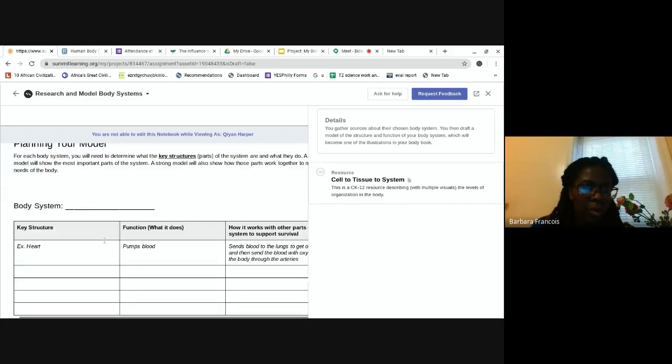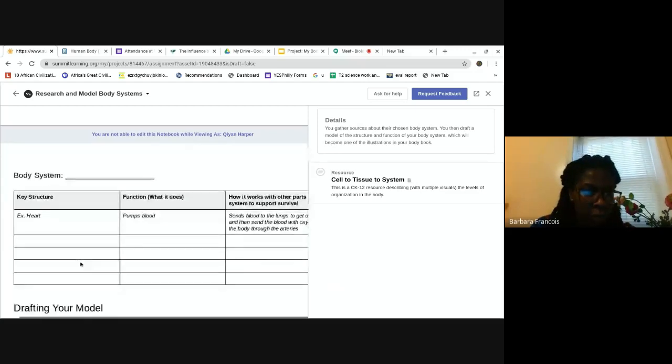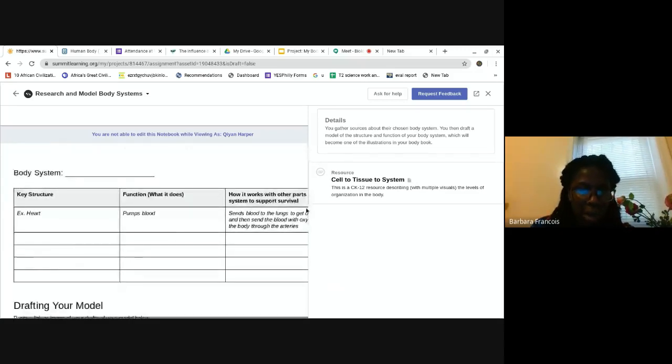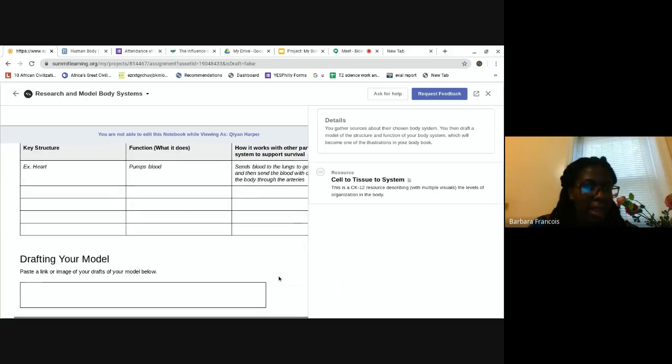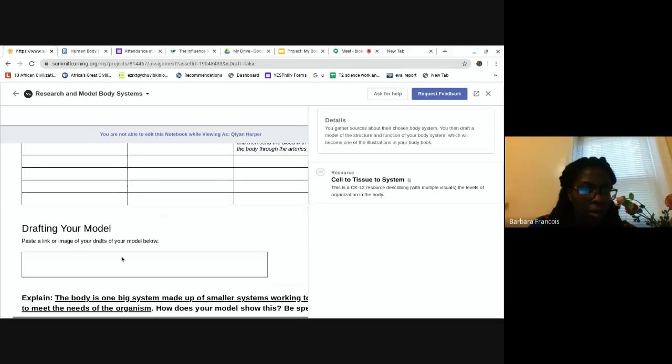Next, this is where you tell me all the parts of your system, what they do and how they work together to support life. And then you draft your model. Again, here it says you can copy in your image. You're going to draw your model, and then you can take an image using the camera on your computer or your phone and email it to yourself. Whatever you want to do, but definitely take it. I would suggest once you do the drawing, you take a picture of it and you insert it into